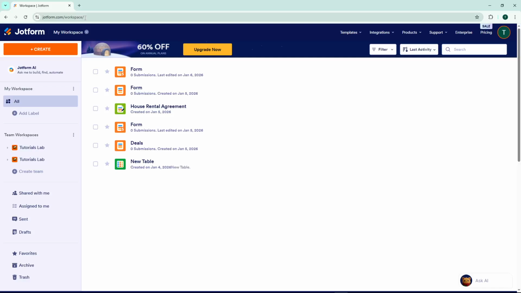Welcome back, everybody. Today I'm going to teach you how to modify spacing between questions in Jotform. This is particularly useful when you want to create a more visually appealing form or adjust the layout to match